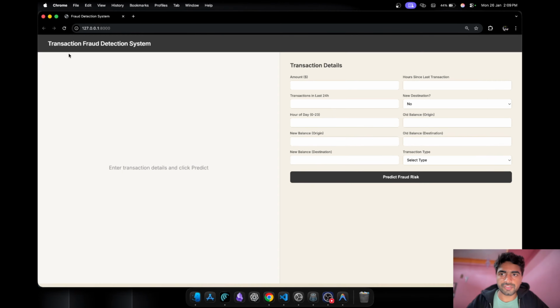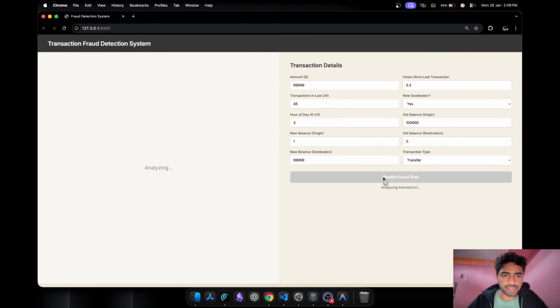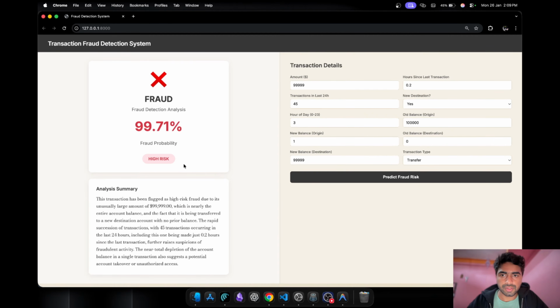For financial fraud detection, this is our UI, transaction fraud detection, and these are the input details which we have to fill about the transaction. I have dummy data written here, so I will put that in, and let's click on predict fraud risk. As you can see, this is a fraud transaction, which is dummy data, and it flagged it as fraud